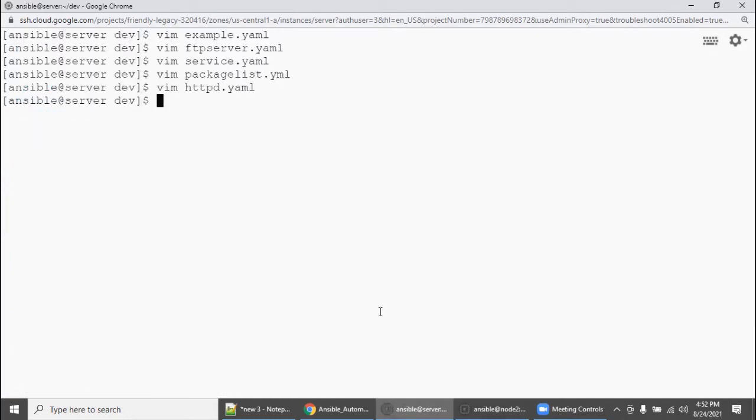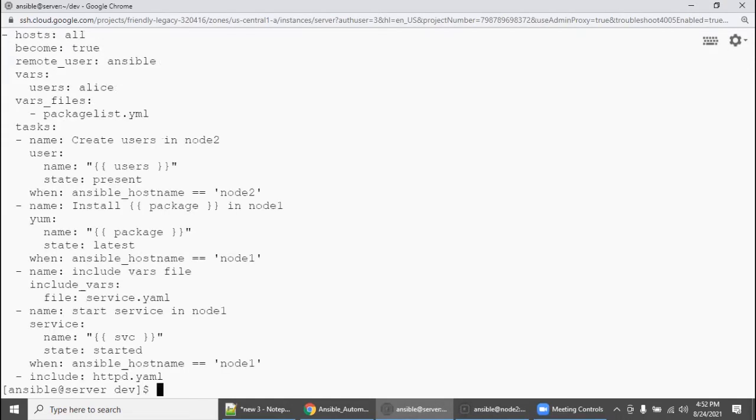So now if you go to ftp server.yaml, again I'm repeating, we have declared one YAML file. This YAML file will have the package list, the number of packages, right? And also you have a package and there is a variable.